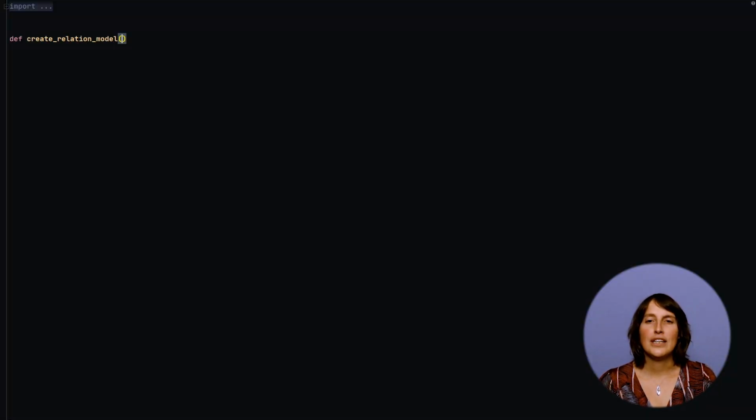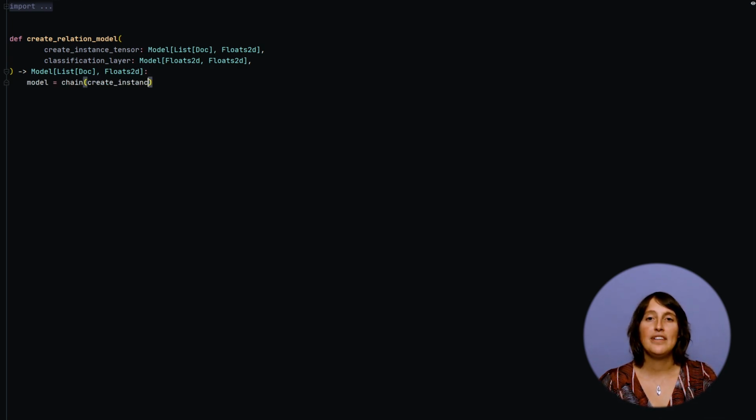To create the relation extraction model, we define a function that takes the 2 main sublayers as arguments. First, the layer that creates the instance tensor, and let's add type information. This layer is a Thinc model that converts a list of documents to a 2-dimensional matrix. The second argument is a classification layer which converts the instance matrix into a predictions matrix. This modular approach will allow us to easily change parts of the model in future experiments.